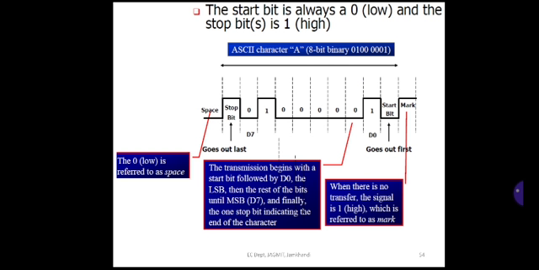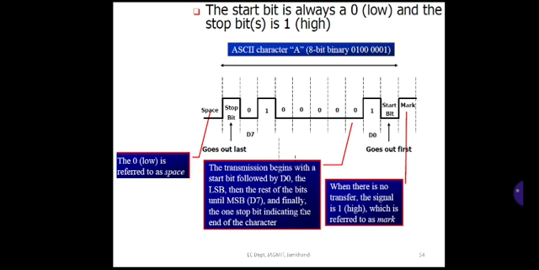The figure shows the framing of the ASCII character A, whose ASCII value in hexadecimal is 41H. The start bit is always 1 bit, but the stop bit can be either 1 bit or 2 bits. The start bit is always a 0, as you can see in the figure. You can observe that it is low, that is 0, and the stop bit, on the other side, is high.